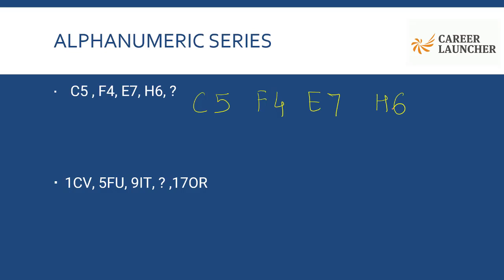Now C happens to be the third place alphabet. So if this is the third place alphabet, 3 plus 1 happens to be 4. 5 plus 1 is 6, and we have the 6th place alphabet F here. 4 plus 1 is 5, and then we have the 5th place alphabet here, which is E. F happens to be the 6th place alphabet, plus 1 gives me 7 here. 7 plus 1 is 8, and we have kept the 8th place alphabet, which is H, and E is the 5th place alphabet. E plus 1 is 6.